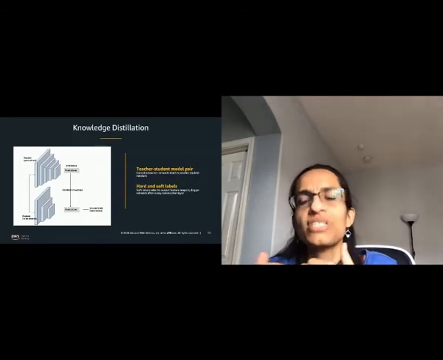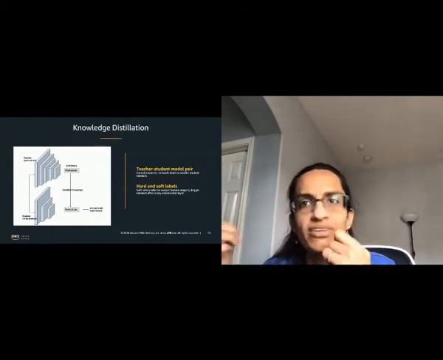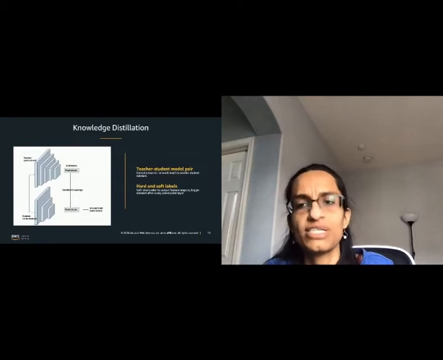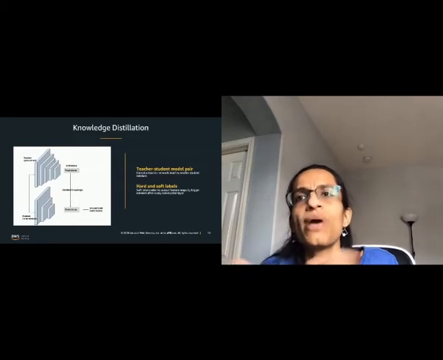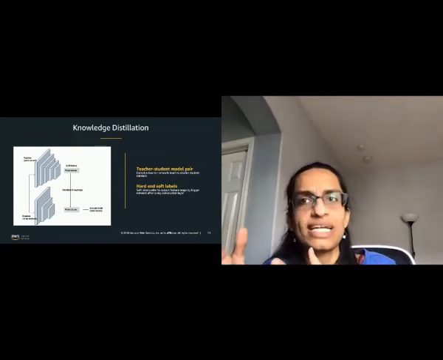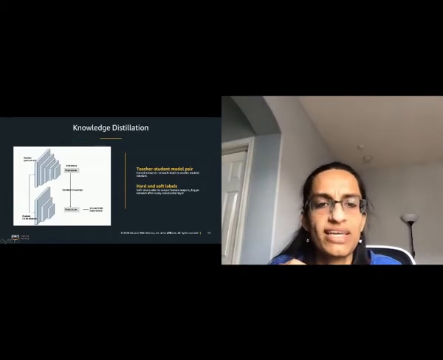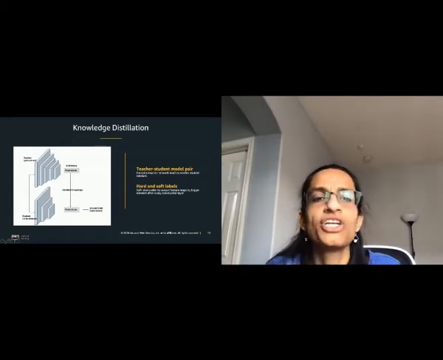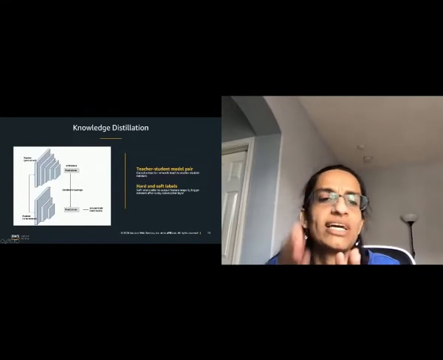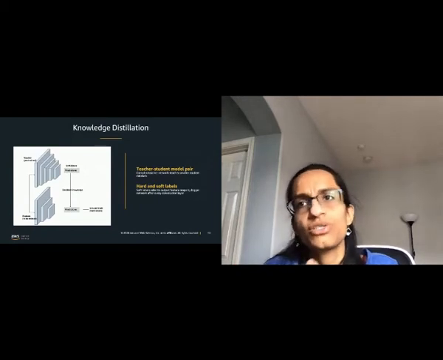There are two sets of labels here. One is the hard labels, which are the ground truth like you have in any other network. What we also have here is a second set of labels called the soft labels. This is nothing but the output feature maps from the bigger network, which is fed in, in this diagram. I'm only showing it at the output layer, but you have these at every few intermediate layers. You're having the output feature maps being fed in from the teacher network into the student network.